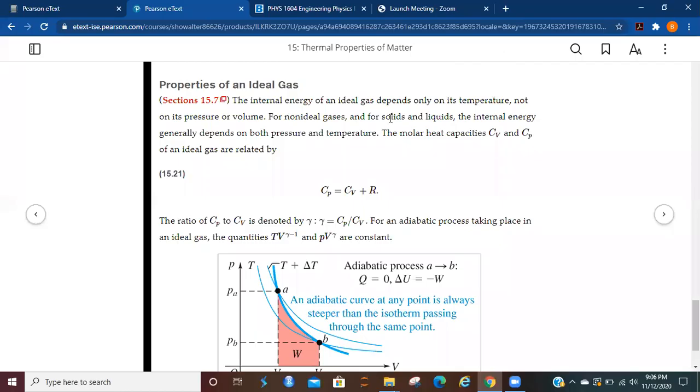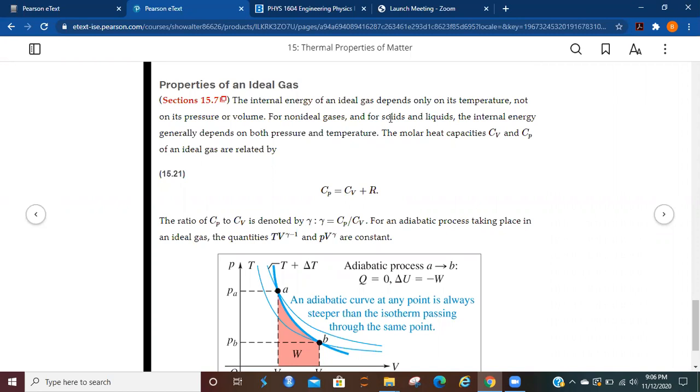This is going to be the lecture over section 15.7. This will be the final section for chapter 15. The internal energy of an ideal gas depends only on its temperature, not on its pressure